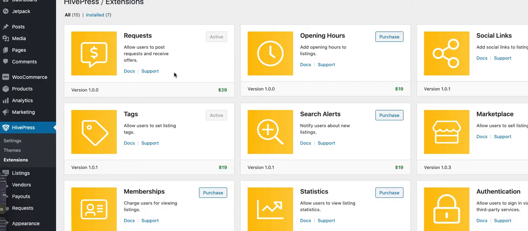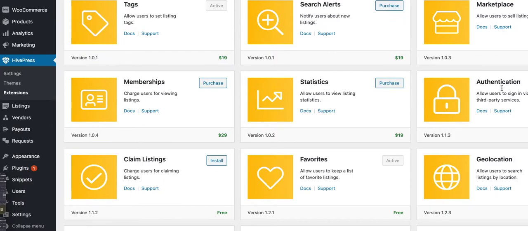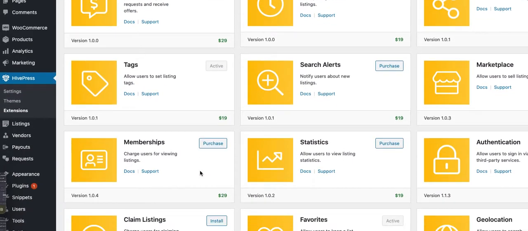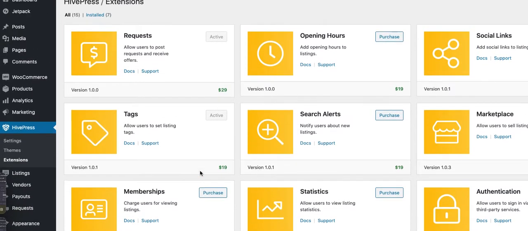So I actually get these as part of the site that I'm running here, including tags, requests, statistics, marketplace, which is the most salient one for running a marketplace, obviously. And then you have favorites, geolocation, claim listings, messages, paid listings, reviews, etc. All this is free, right? So the ones that have a little bit of a price tag, in aggregate this is $120 worth if you bought all the extensions. They come largely with some of the paid themes that you can get. So the free plugin is one thing, and then there's a free theme as well,